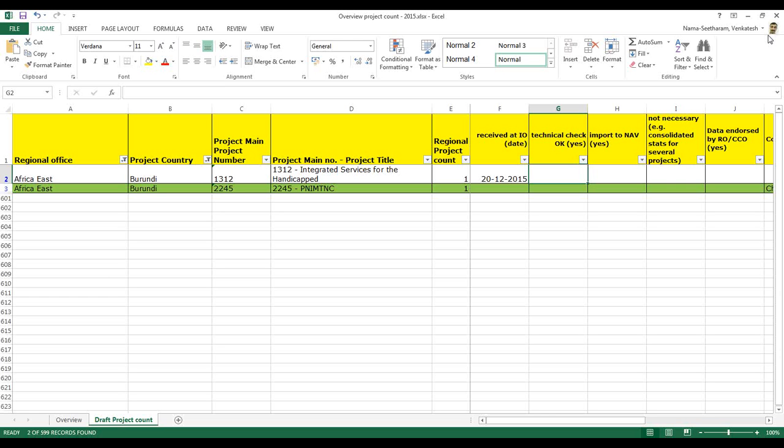In this first sheet, I would refresh it so that you know, out of, for example, 90 projects, how many have been received and how many are technically checked okay, and that 19 out of these 91 are received and 99 are pending. If you go to the second sheet, you can see what all the things are that are pending.